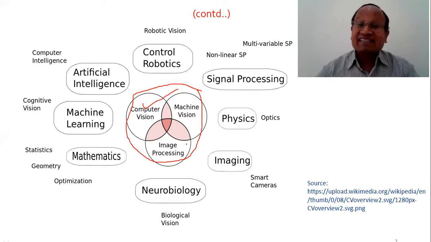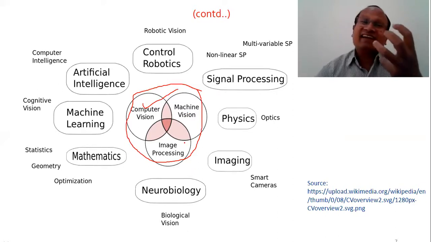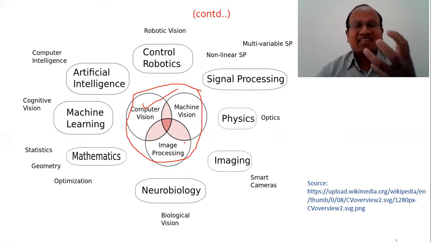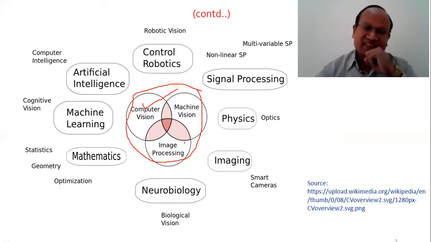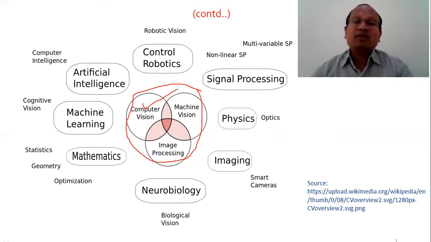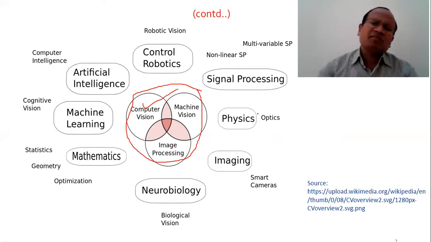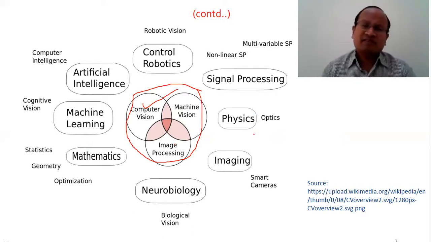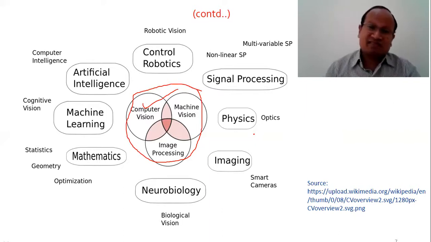So you can see the intersection of all these three is the understanding, the knowledge inference, the knowledge development, the expert system that assists the application of computer-based, computer vision-based systems. Computer vision, as you can see here, involves a number of things. Physics: what is physics? The optics part, sensor technologies. What types of sensors are there? What are the challenges in sensors? What types of sensors are used in which specific applications?